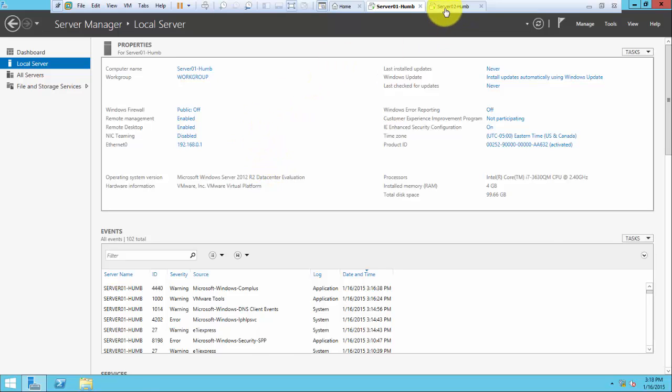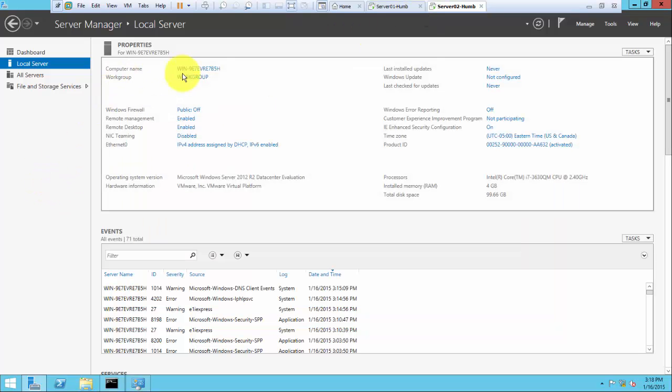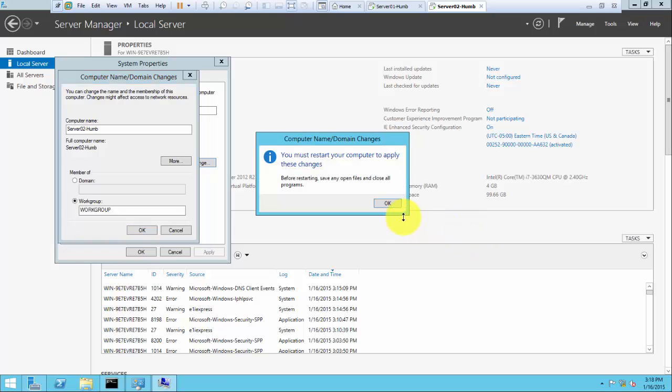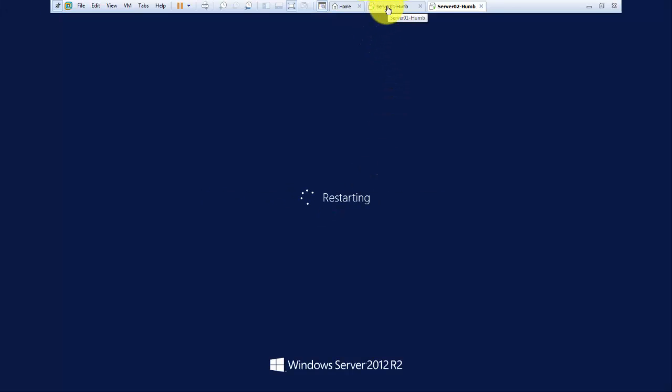So both machines are configured, and on the second machine I was just checking. I did not rename and restart that, so I'm just clicking change here, and it would be Server 02. You could just name it anything according to your naming convention, but have a systematic, sensible naming convention. Press OK, and it's going to go ahead and restart. Now I'm going to Server 1